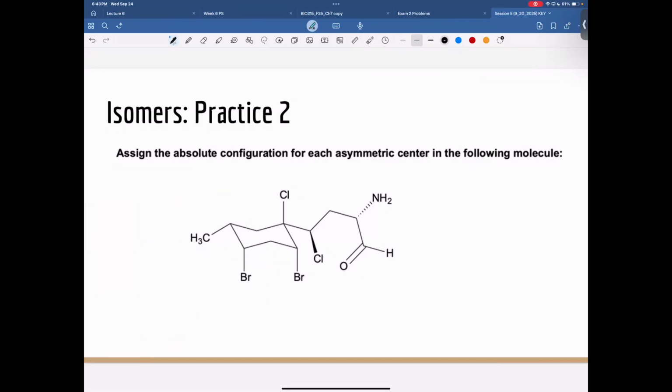We're gonna get started on this question. So I gave you all the hint. The first thing you want to do is to draw that ring. You want to draw it out because it'll help you identify chiral centers and it'll make it much easier to determine if they're R or S. So drawing out this ring,